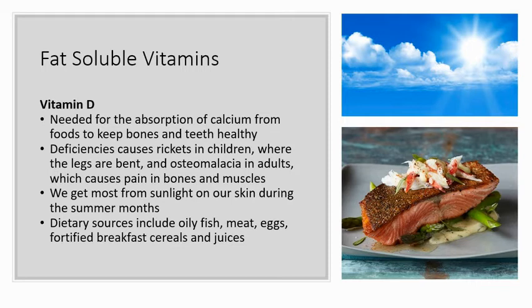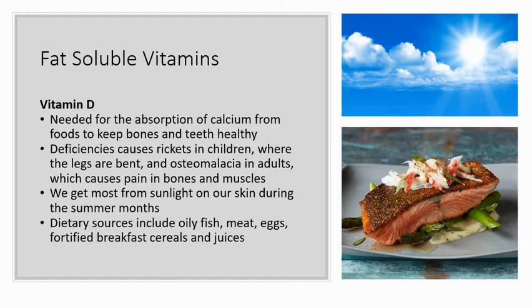Vitamin D is needed for the absorption of calcium from food to keep bones and teeth healthy, and a lack of vitamin D can cause rickets in children, and this is where leg bones become weakened and bent. And there's a related condition called osteomalacia that can occur in adults. Poor vitamin D status has also been linked to increased falls in elderly people, which is thought to be linked to an adverse effect on muscles.